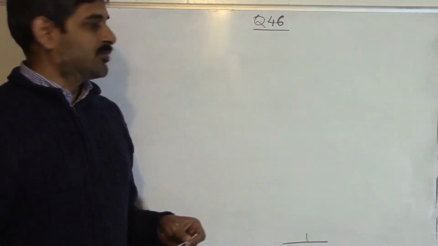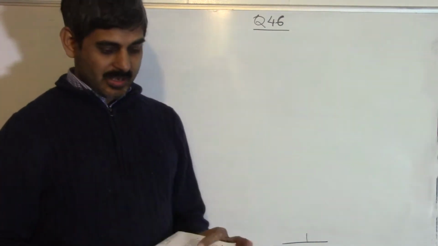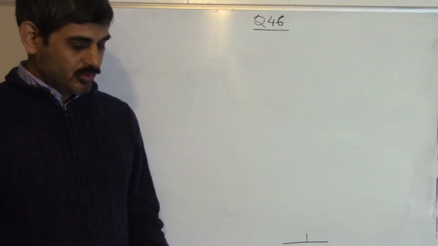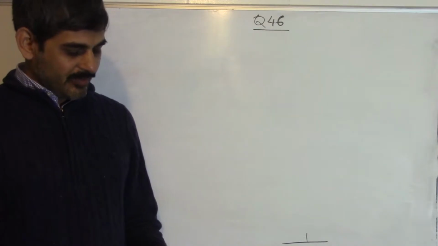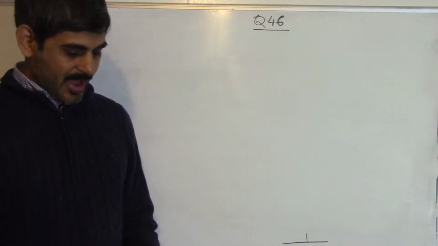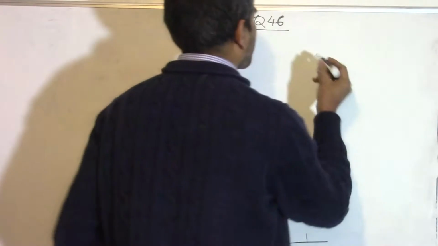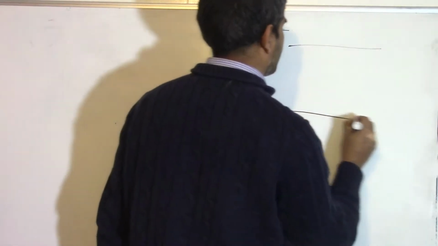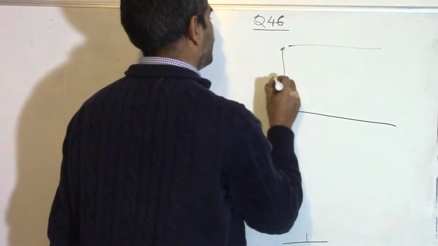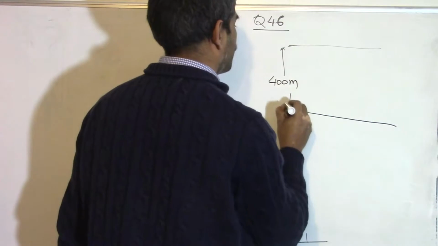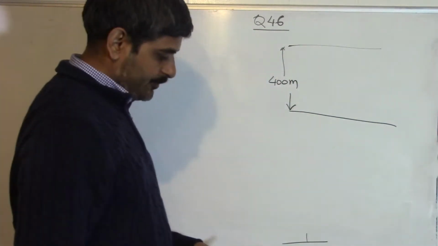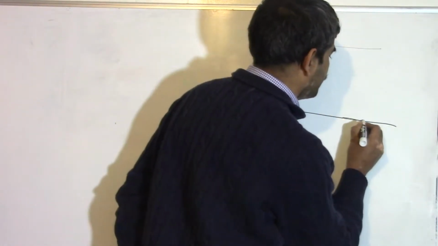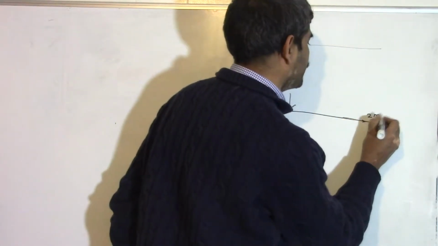We will start with question number 46, and I hope you have already tried this problem, that at least you understand what the problem is. So in question number 46 we have a river of 400 meter wide. Let's make this river 400 meter wide like this. This distance is 400 meter, and we are given the river is flowing at a speed of 2 meter per second. From here, this river is flowing at a speed of 2 meter per second,